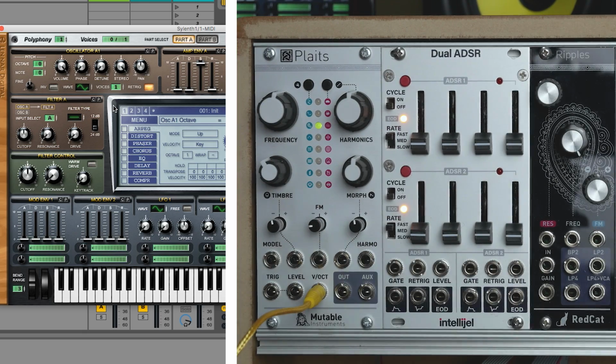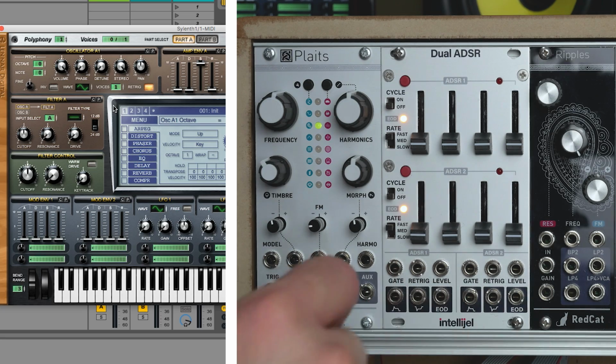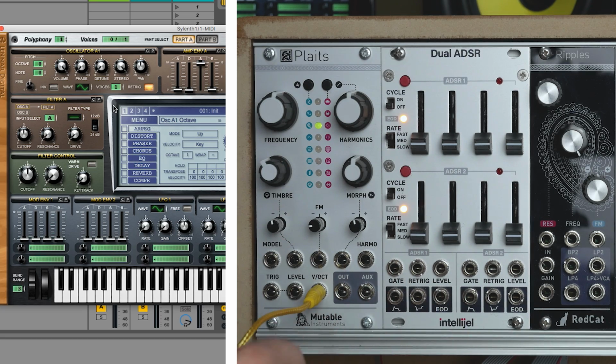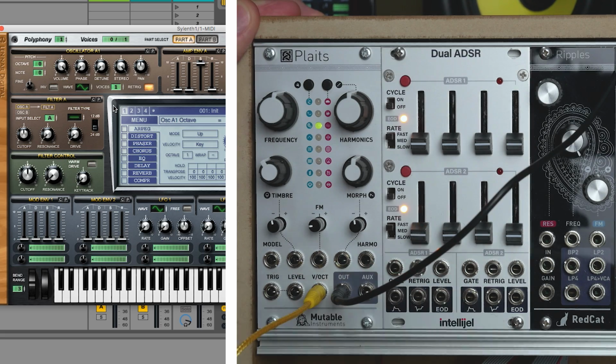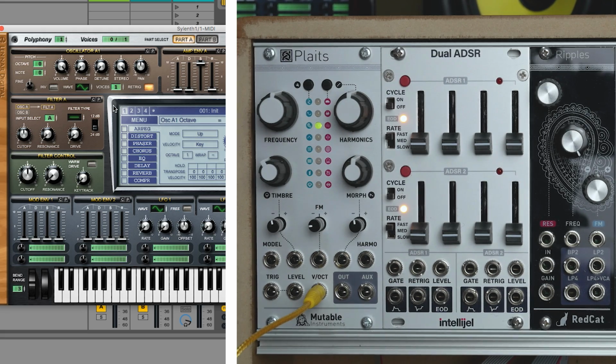So now with my BeatStep Pro, I'm sending a voltage that controls the pitch of the sound, depending on what button I press on my BeatStep. So now I have this. And here you have the problem because you can't control the behavior of the sound. So you can't control when the sound starts and when the sound stops.